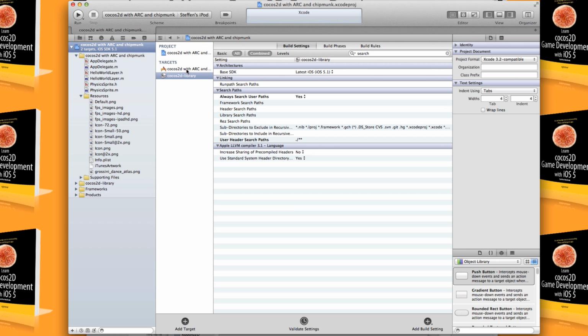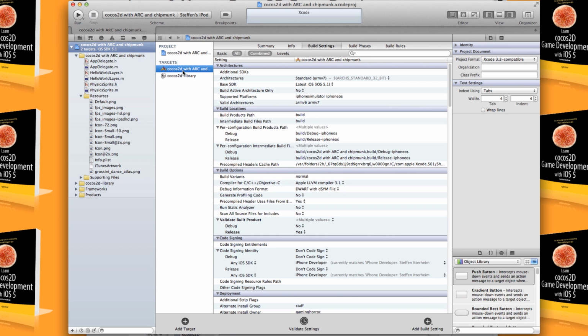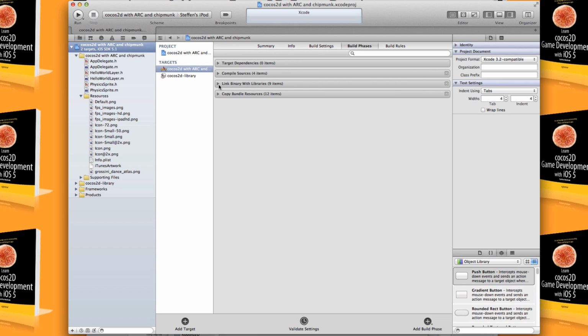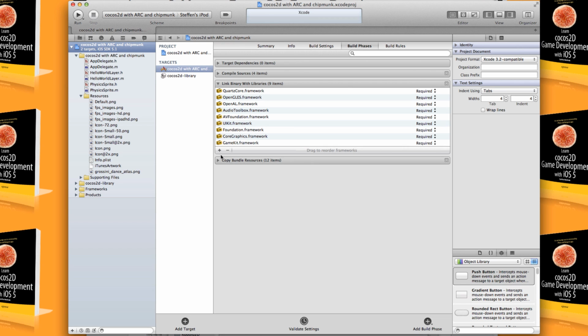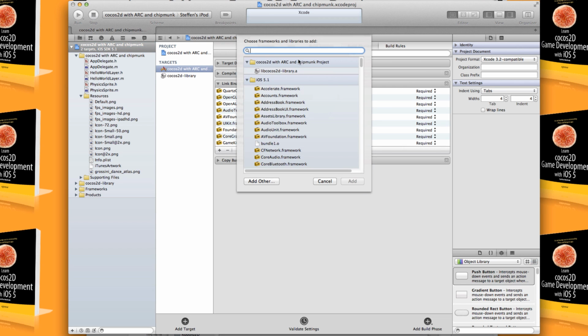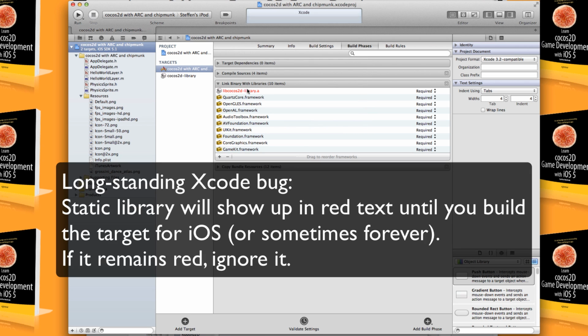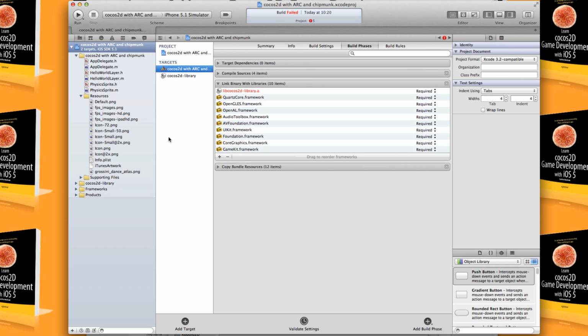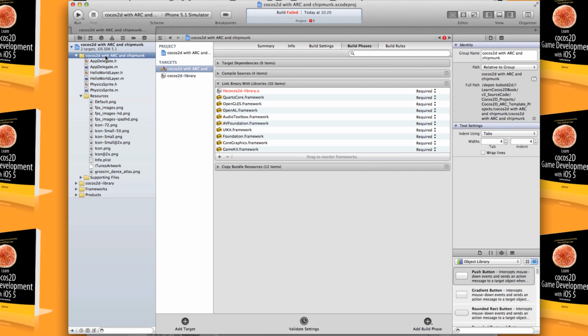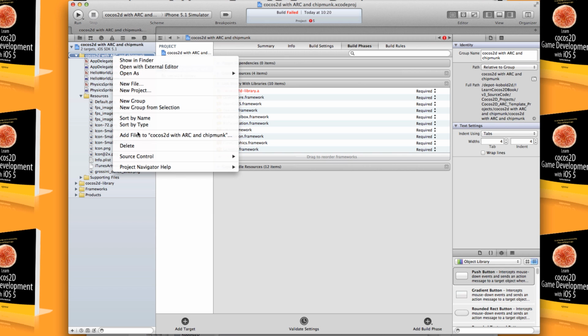Now go back to the original project target and select the build phases tab, open the link binary with libraries section here and click plus and add the libCocos2D library. So it's red, that's okay. It may always stay red, that's also okay. Don't worry about this. One final step that you need to do is to add the libs folder back in, and just right